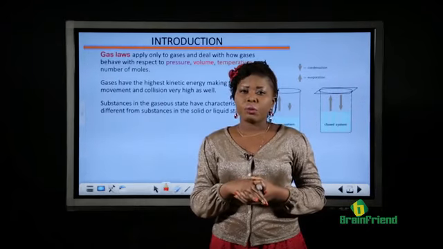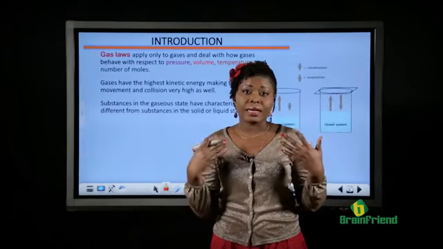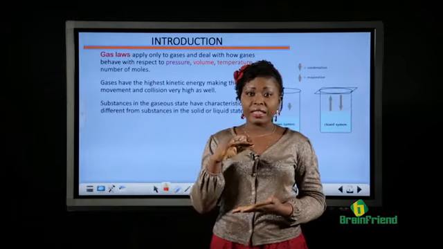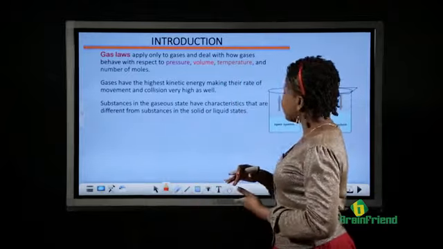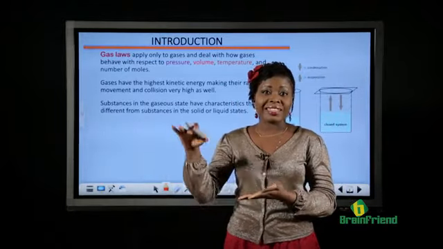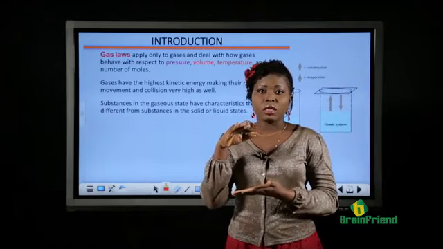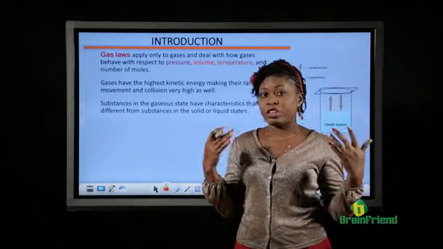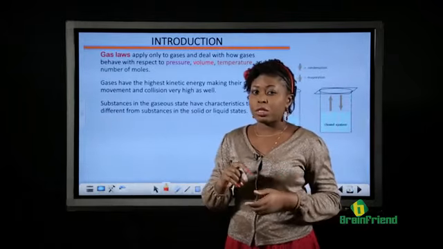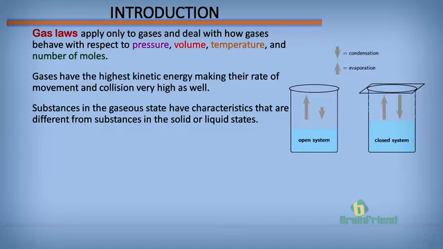Now, there is a particular way that gases behave when they are confined in a system or placed in a closed system. A closed system simply means a system that has a seal on it, in which no other force such as environmental or atmospheric forces act. An open system is one that is open. The balloon we talked about, when you tighten the knot, becomes a closed system because nothing can go into that balloon again and nothing can come out of it.